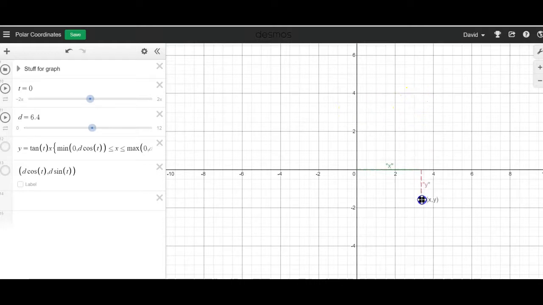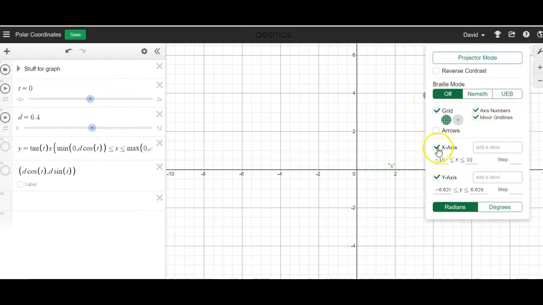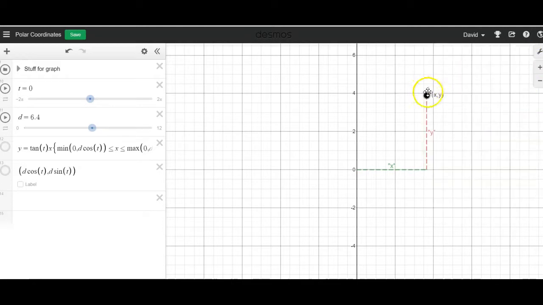But no matter where I put this point, notice that the X is how far left and right I go, and the Y is how far up and down I go. And it's hard to see it with the axes on, but that X coordinate is labeled X, and it's like a green dashed line where that's turning. It's not quite as easy to see with the axes on. Let me remove the X axis just for a second so you can see there is a little dashed line there. That's how we get to that point. Okay, so anyway,